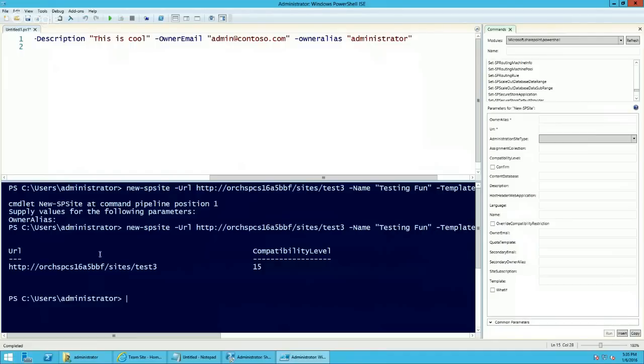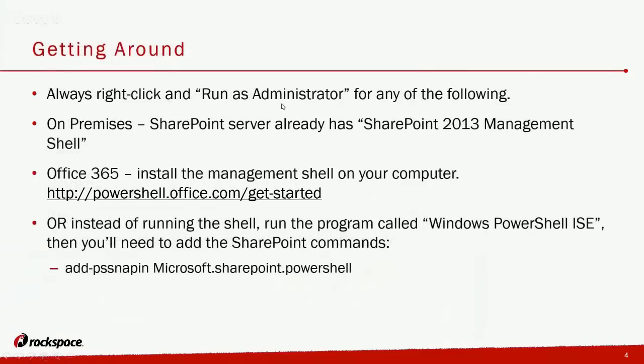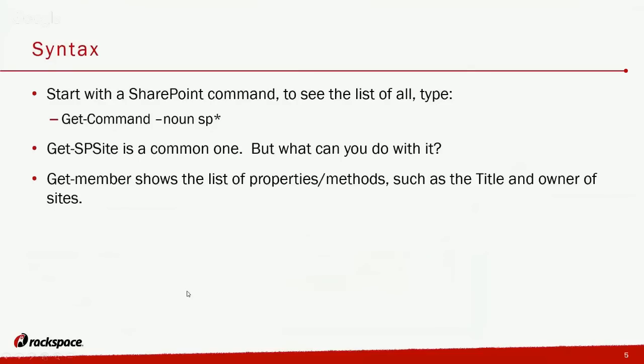So, all right, it created my site here, and so let me go ahead and just finish my concept. I gave some information about getting around. For on-premises, I showed you how to get to the management shell. For Office 365, you have stuff you have to install to be able to get that management shell on your computer. And then we went over Windows PowerShell ISE instead of just going straight into the built-in management shell. And then syntax, it's got a couple of basic pieces of information